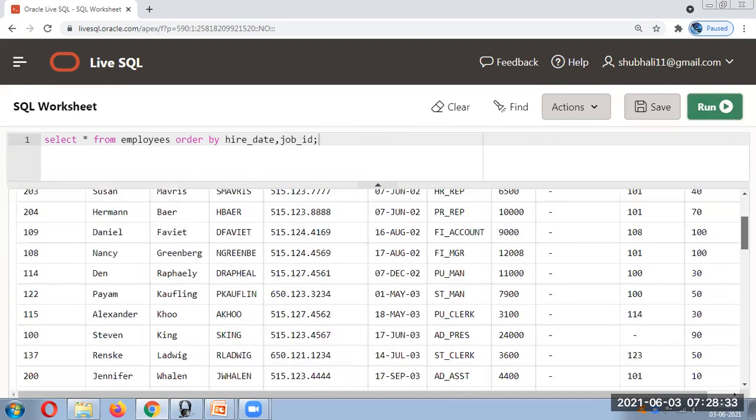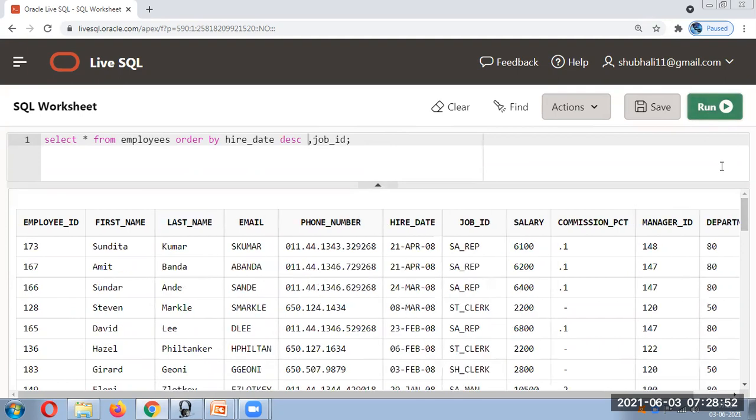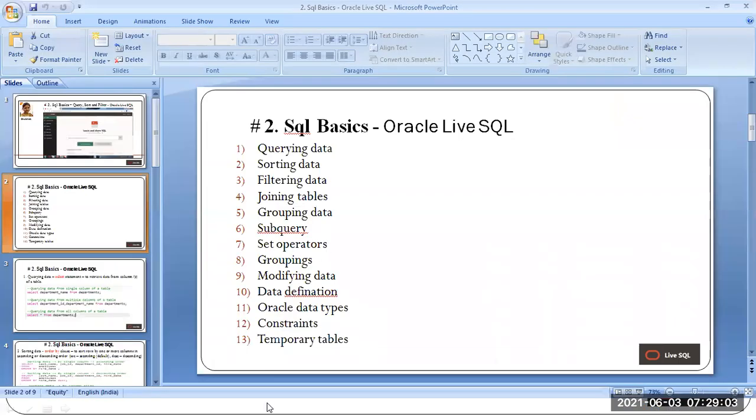So as you can see here, firstly it will take A and then it will take M. So on, multiple columns. If you want to arrange it in descending order of hire date, you can write DESC over here. Okay, let's observe the change now. Hire date will be arranged in descending, reverse order, and then under that you have the job ID. Here also, if you want descending order, you can mention descending order over there. Okay, so this is all about